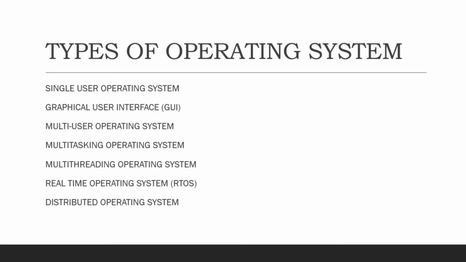Now the thing is, types of operating system, you see once. First of all, there is the single user operating system. This operating system could support only one user to do one thing at a time. The most popular single user operating system that we are using is our one and only Microsoft Windows. Now we're using Windows 10 and all. Previously there were some older versions also: Microsoft Windows 3.1 when it had just started, Microsoft Windows 95, then 98, 2000, Windows XP, like that. So those are the single user operating systems.